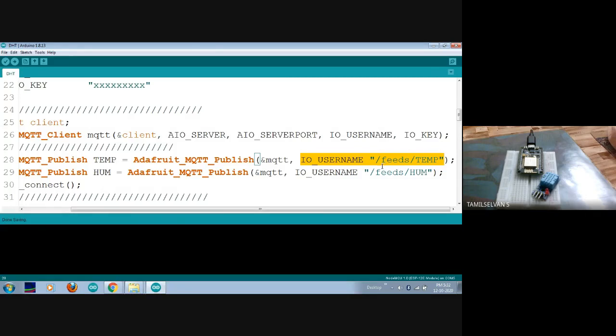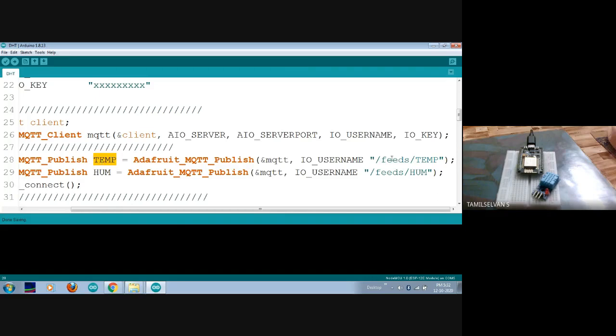In MySQL, you will have one database, and inside the database, you will have n number of tables, right? And each table will have some variables. In those variables, we will store our data. Likewise, in Adafruit Cloud, it is known as feeds. In the feeds, I can create 10 such feeds. So one feed is called temperature. This particular temperature feed, I'm going to map with the local variable temp.